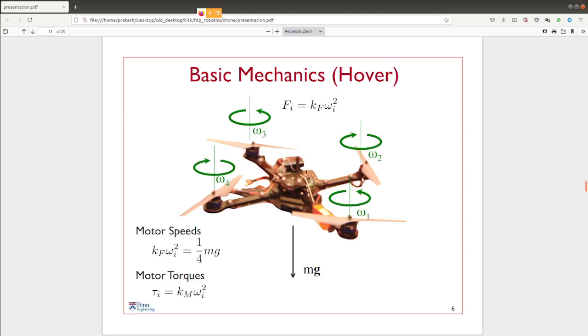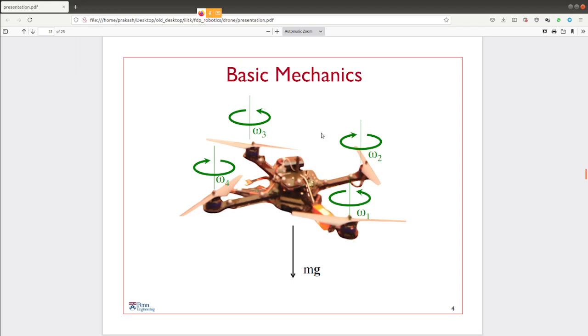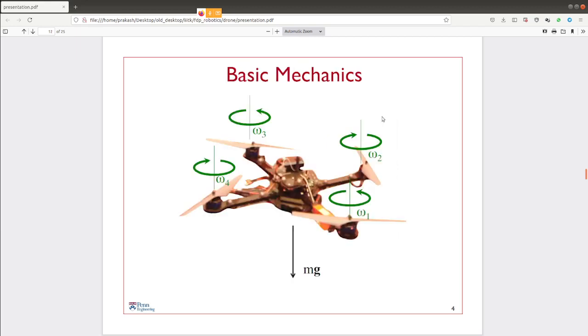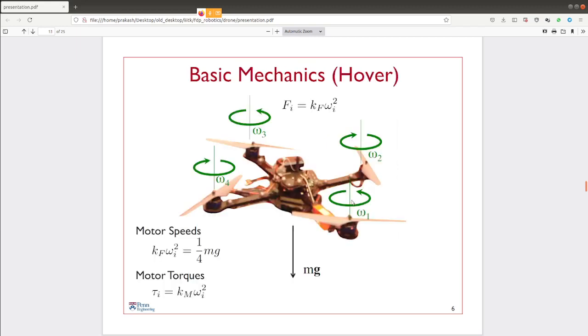Okay, while we are applying this particular omega, it's not necessary that omega 1, omega 2 and all those things have to be the same. Say they are rotating at different angular speeds. From the picture which we have discussed, from this curve we can say F is proportional to omega square, F = kf omega square. So if we use that equation, we can say the force exerted at each point will be kf times the corresponding omega square.